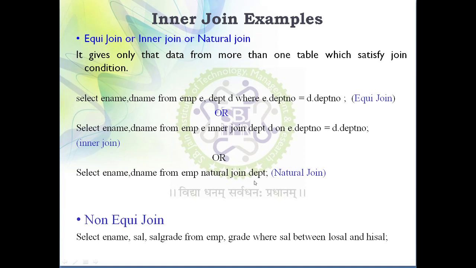So this is an efficient way of writing the query by using natural join, because in this case we don't have to specify the join condition, the common attribute condition. But I prefer the equijoin. Mostly I write the query with the equijoin. People can also prefer natural join or inner join. What I want to convey is that inner join, equijoin and natural join, their aim is the same, only the way of specifying the query is different, but ultimately you are getting the same output.